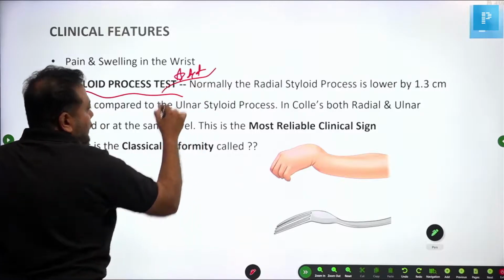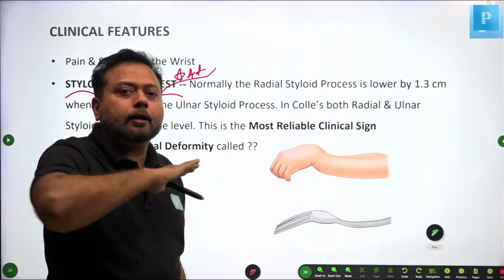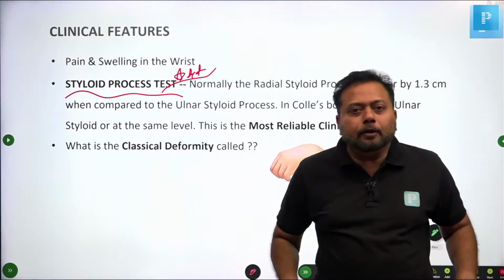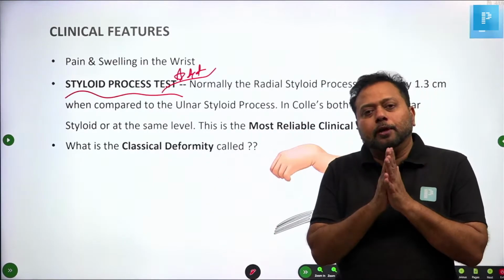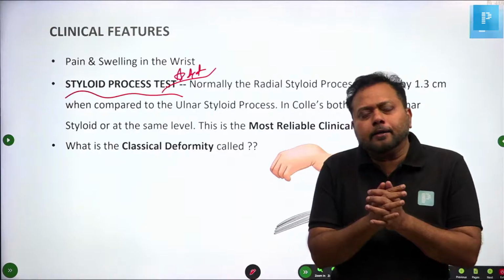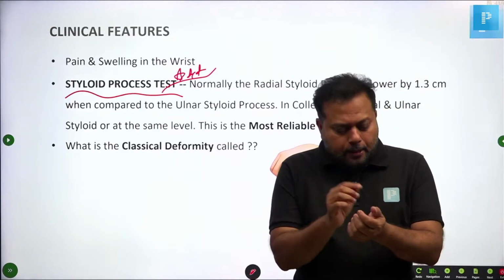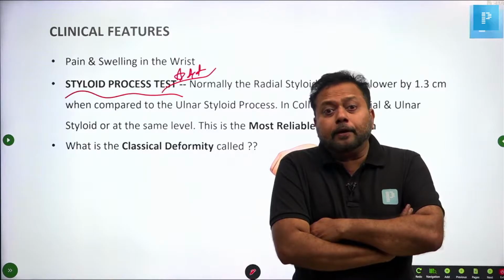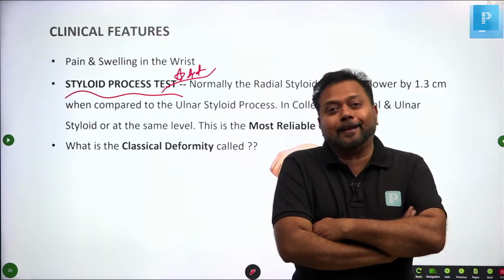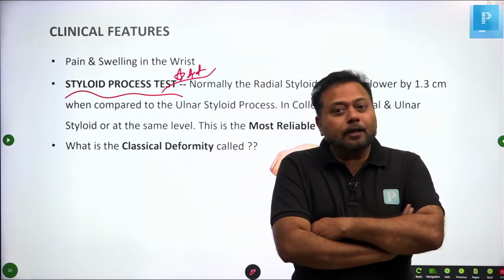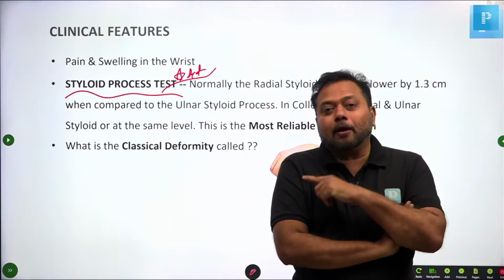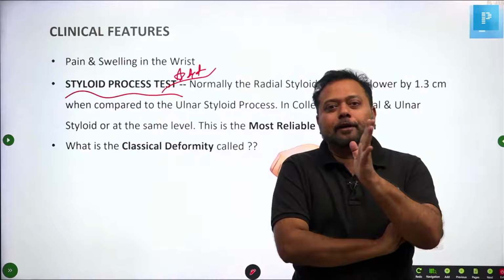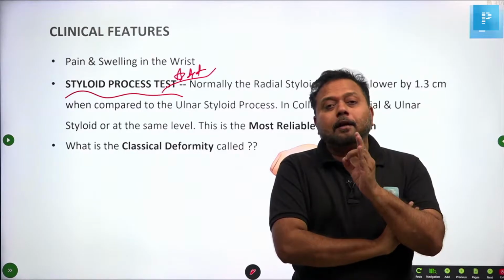It is there in all the standard textbooks of ortho. So far unasked in any of our Indian entrance exams. This is called the styloid process test. Without X-ray, you can diagnose Colles fracture. To be very honest, Colles fracture was scientifically described by Abraham Colles, before the invention of X-ray. X-ray was not invented when he described all these things in Colles fracture. That is the greatness of Sir Abraham Colles. You should not call him Abraham Colles, but Sir Abraham Colles.